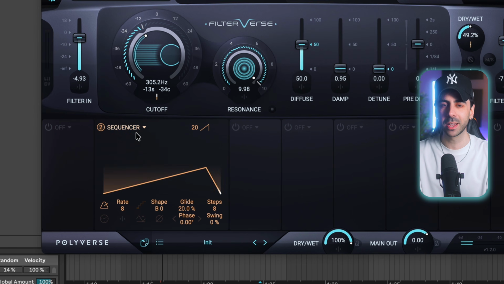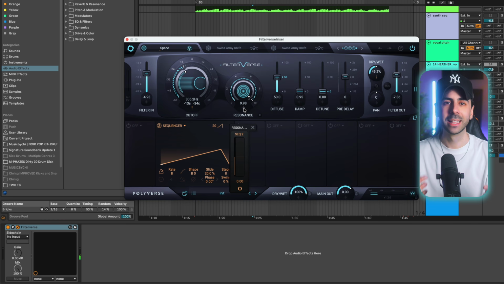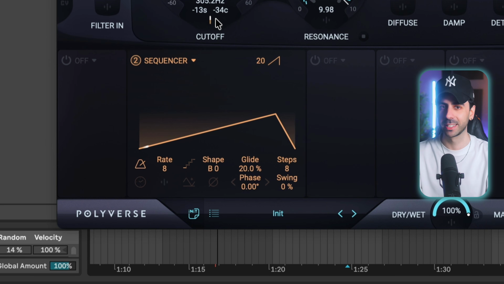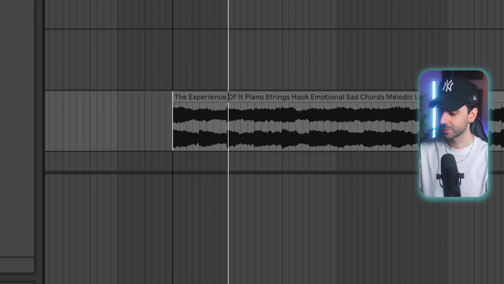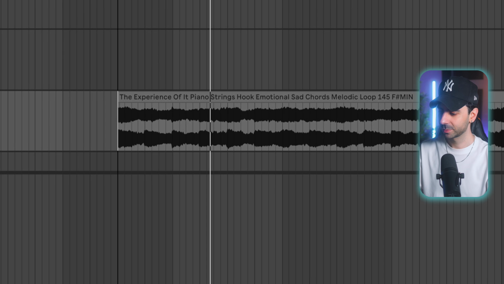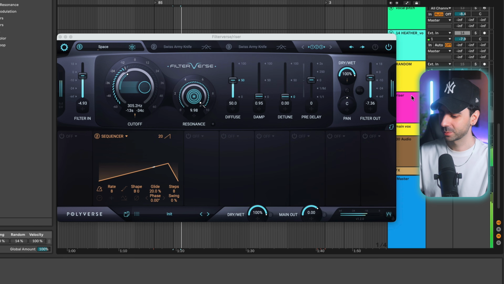Now open the sequencer and open pattern 20, which is just a clean upward ramp. Assign it to the resonance and set the rate to match your bar length. I've got it set to 8 here. So here's the natural sample. And then after adding Filterverse,